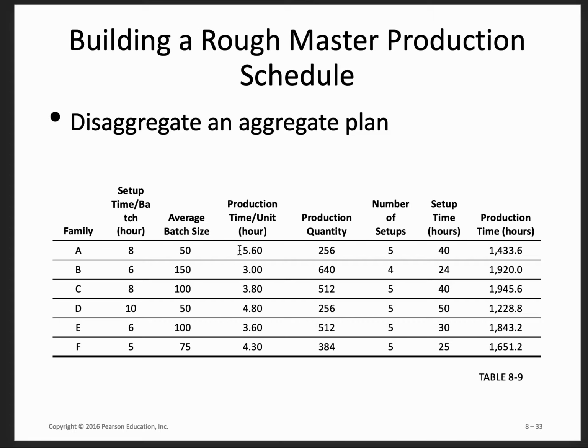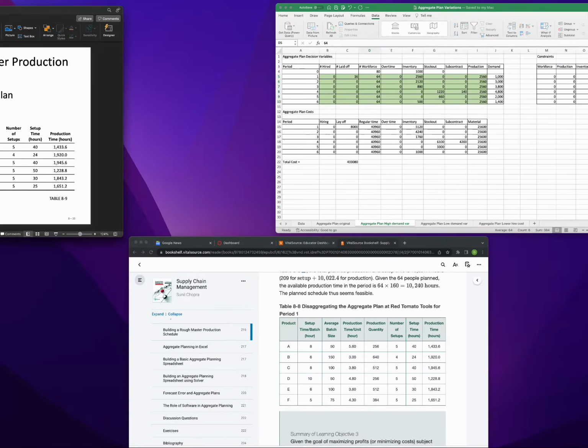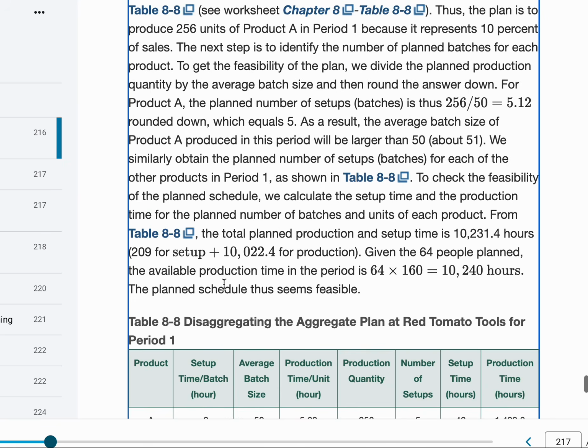So we go from individual units to the full plan. We make the aggregated unit, then make a plan for the aggregated unit, and then break it down into individual units right here. And as you can see, based upon the number of setups and the production times, these things will work. So if you read it in the textbook,